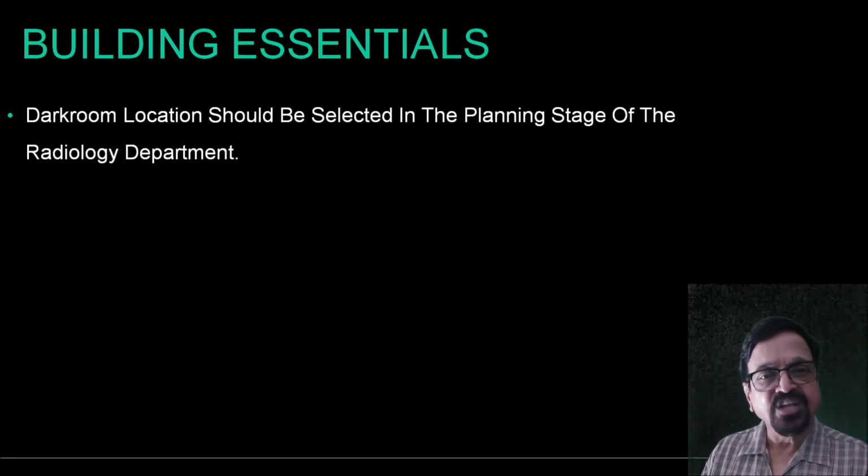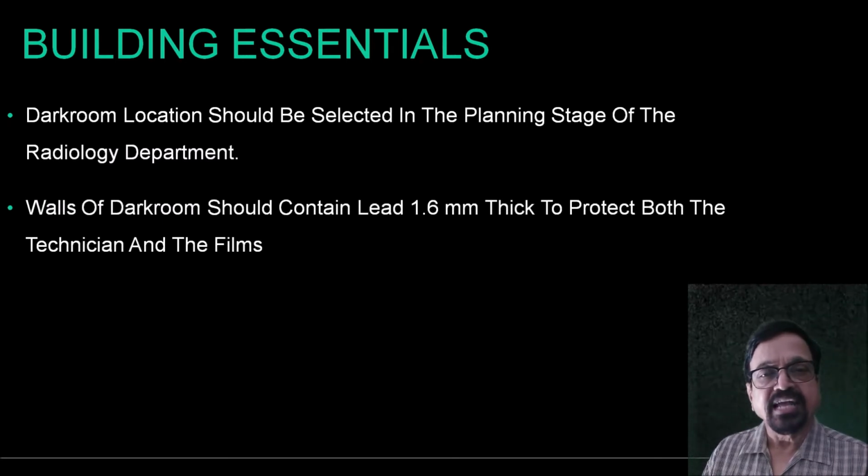Number one, it needs specific engineering, that is the structural as well as certain specifications it has to meet, so that it will be a perfect darkroom. Like the walls of the darkroom should contain lead, 1.6 mm thick, to protect both the technician and the films. Or the second is 9-inch wall thickness, which is usually preferred, but it takes a larger space. So in most departments where there is larger space available, a 9-inch wall thickness is preferred, and at certain places where there is no adequate space, the 1.6 mm lead is used in the walls, but it goes